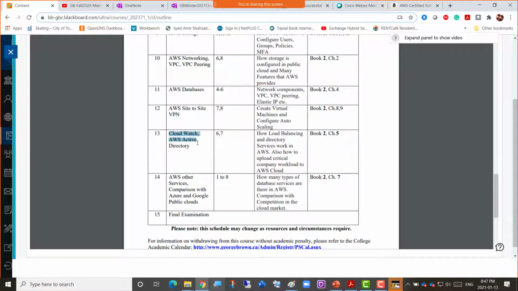Then there's CloudWatch and AWS Active Directory. CloudWatch is a one-stop monitoring service offered by AWS, and AWS Active Directory is the authentication and authorization of Microsoft available on top of AWS Cloud, right? So a very interesting lab here.